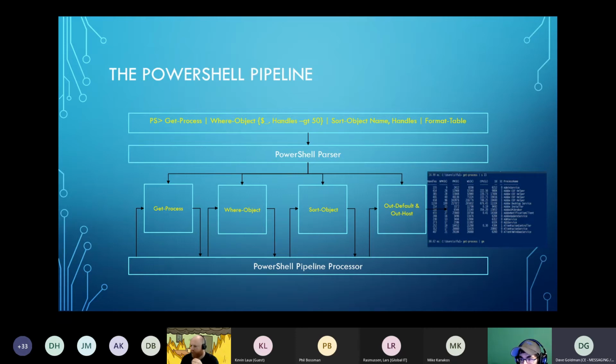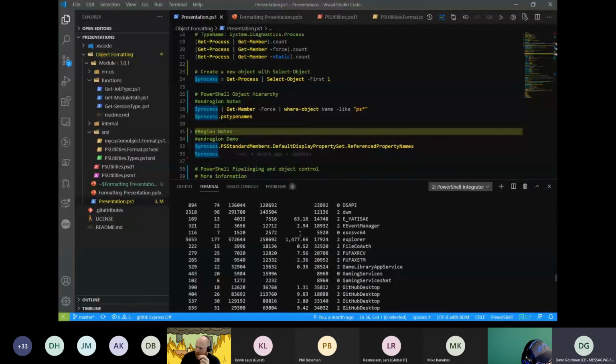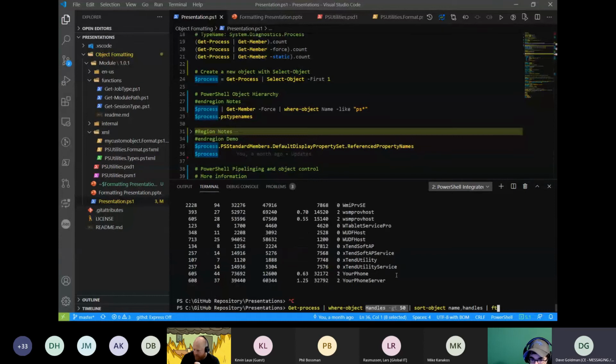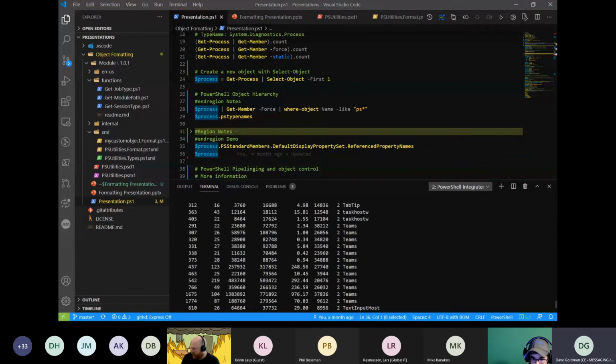If there's no user-defined view, then PowerShell goes to the default display property set, and it looks to see if there was one defined there. If there's not, then PowerShell just does its absolute best and says, hey, I'm going to give you a table, and if there's too much information, it's going to give you a list, and it's just going to spit the list out to the screen, which is what you saw here. And PowerShell just dumped all of this stuff out in a list. Now, it formatted in the list that I wanted, but this is kind of clunky and a little bit difficult to work with.